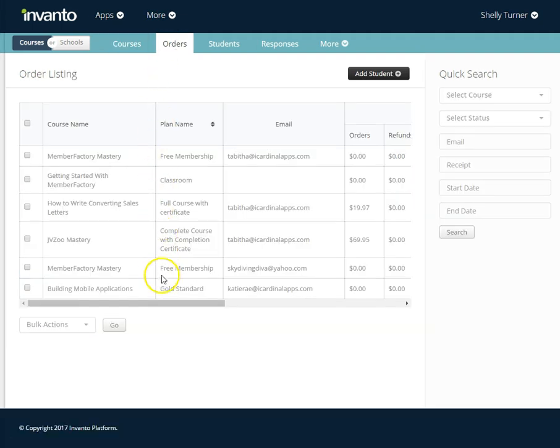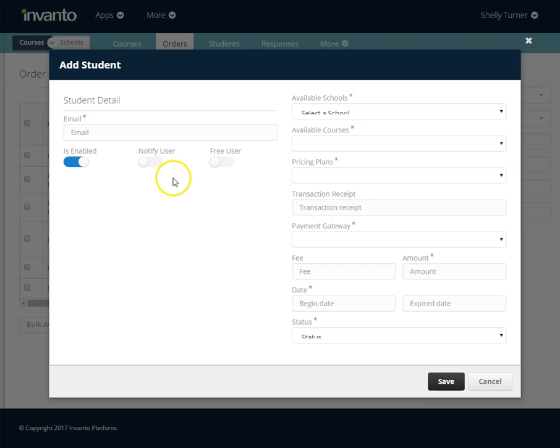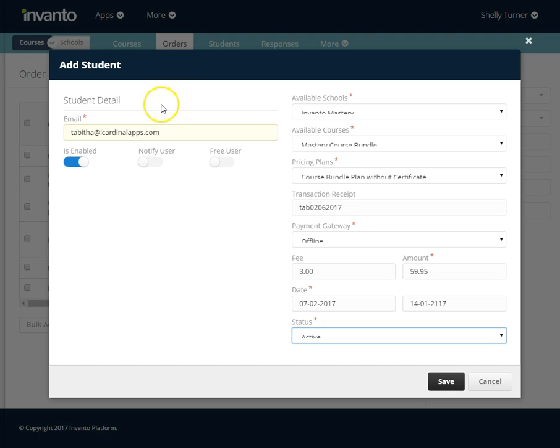And this shows you all the orders that you've gotten, but right here you can choose Add Student. So I'm going to click Add Student, and I'm going to fill in the information for my student. So I've entered my student details, and I'm going to go through and show you exactly what I did. Now remember, I did this in the order section, so I entered the new student's email address. I clicked them as enabled, and I did not check the notify user since I'm doing this by hand, but